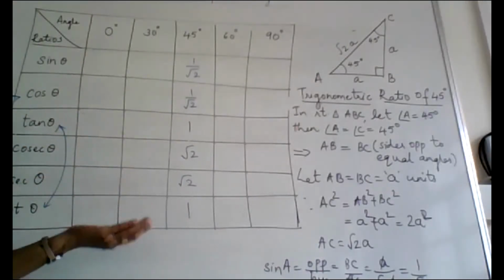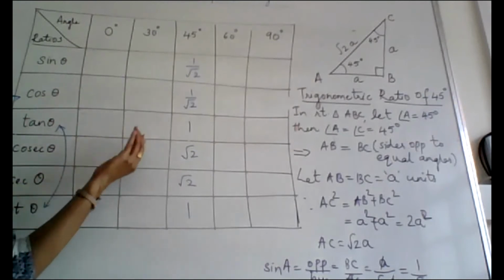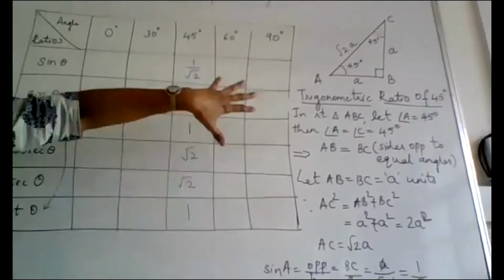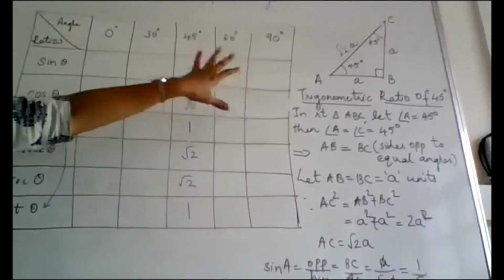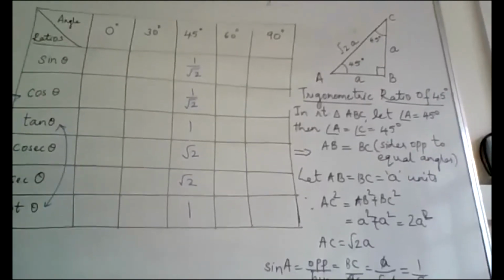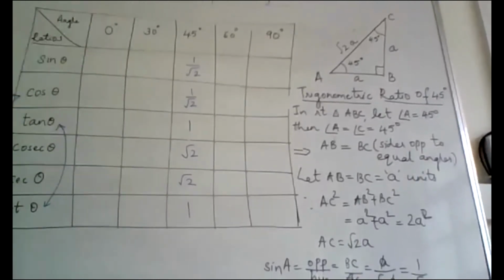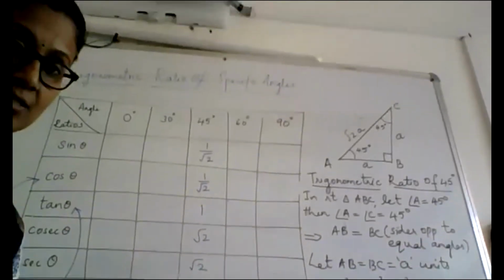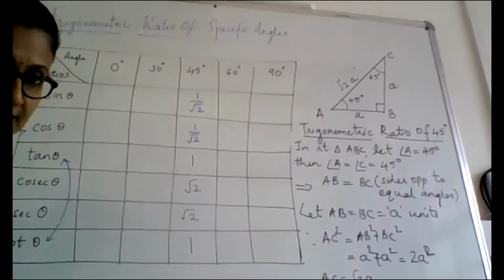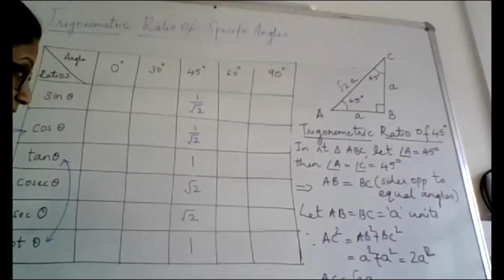So like this, we have to proceed for 0, 30, 60 and 90. And this tabulation will be complete once we know all these angles with respect to the 6 ratios that you have. And that is called the trigonometric ratios of specific angles. The next, maybe we will continue in the next class. Tomorrow we don't have a class. So we will meet on Monday and try to complete this table on Monday.